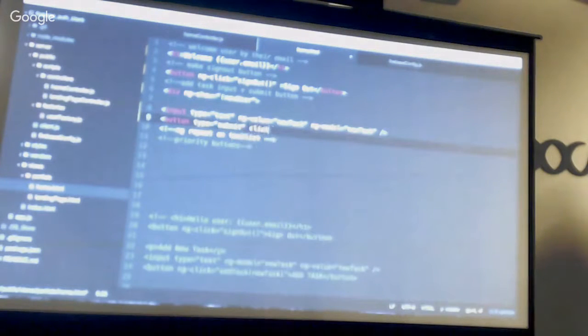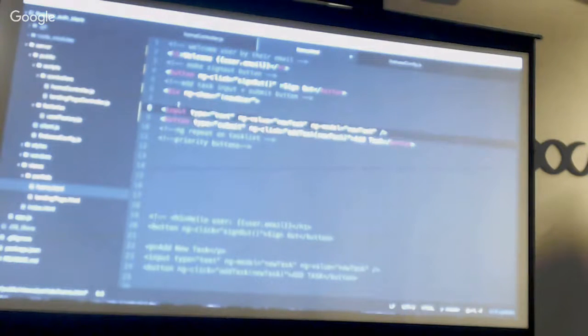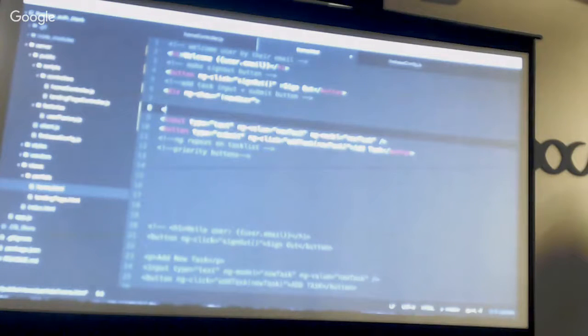Button type is equal to submit. Click, ng-click is equal to add task, new task. And I'm going to put this in a form just so when I press enter,